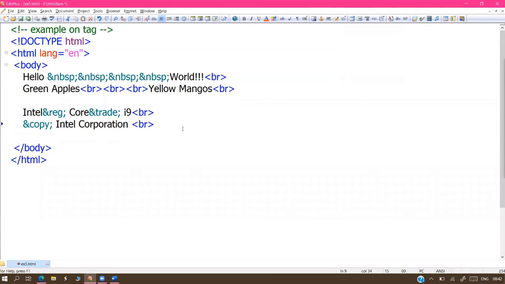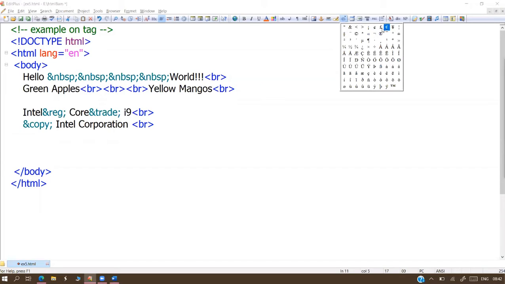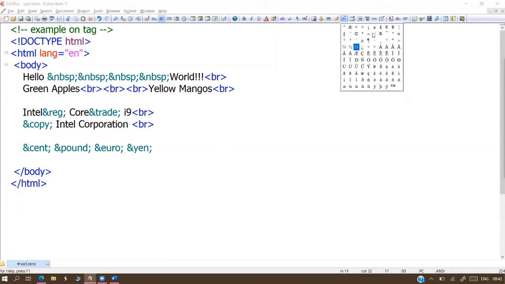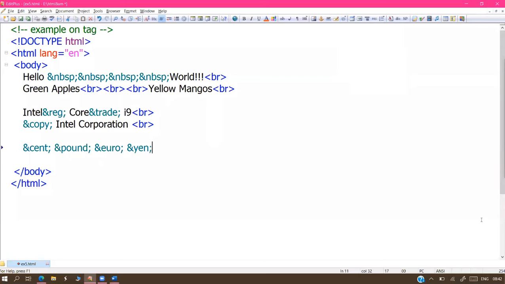I need some currency symbols, sir. Just place the cursor where you require. Click on the symbol which you require. Automatically we'll get that cent symbol, next to pound, next to euros, next to yen. You don't need to remember it and you don't need to learn it by heart. You have the shortcuts here. Direct option is available. When you select the symbol, the editor automatically types it. You just select the symbol. That's all.